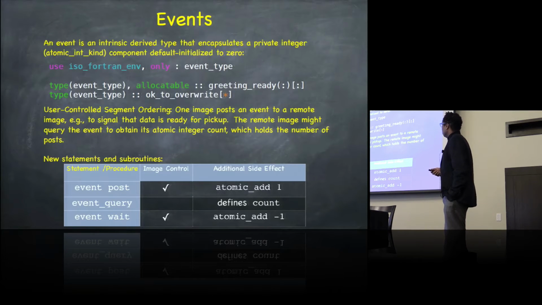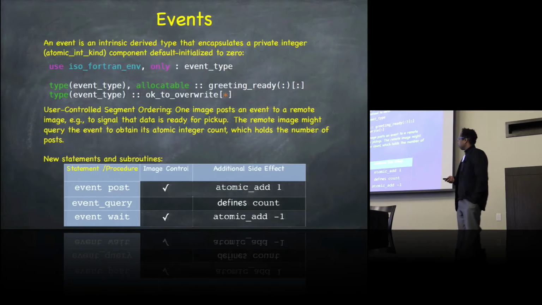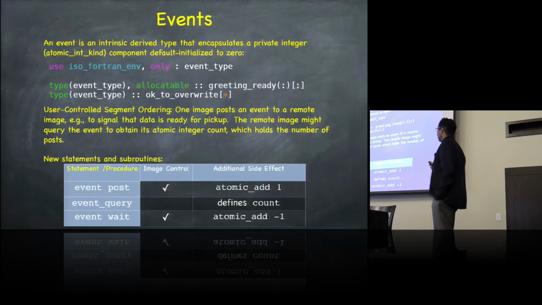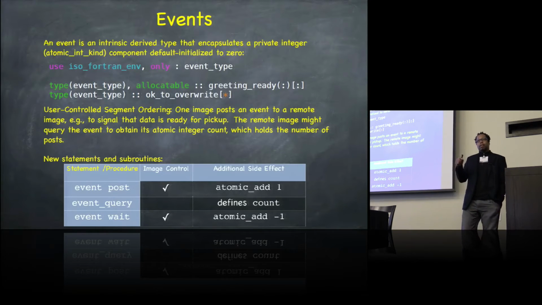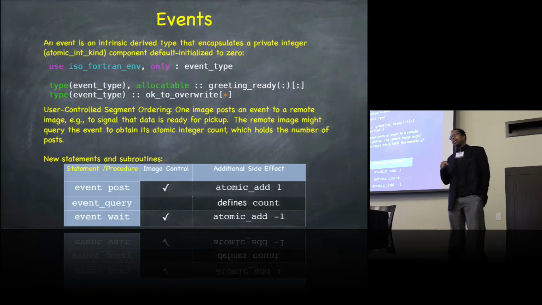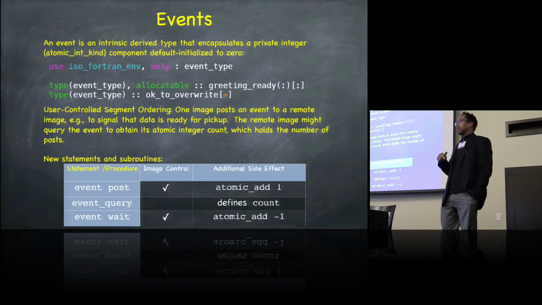And I can use events through 3 statements or procedure calls that are now in the language, which is event post, which atomically increments the count by 1, event query, which checks the count, and event wait, which decrements the count. Again, thinking about the importance of performance to scientific programmers, and especially parallel performance and things like vectorization,